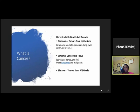I went on to do my postdoc in neuroscience. I focused more on neurons, but my background comes from cell biology, especially when it's related to diabetes and cancer. So I know a little bit about how cells work and how they dysfunction, and that's what cancer is. Cancer is the uncontrollable growth of deadly cells, and it's the cells that divide the most that are at high